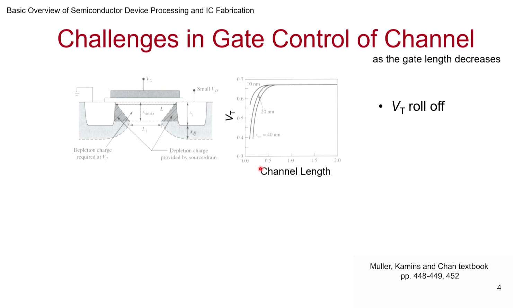So the classic short channel effect: if you look at the gate length, for longer gate lengths, the threshold voltage, which is shown on the y-axis, remains constant. It's impervious to the channel length. It's not affected by the channel length. You make it smaller, larger, a little bit. During processing, there'll always be variation, so it doesn't matter. But as the channel length goes down below 0.5 micron for sure, this is micrometer length, you'll find that the threshold voltage starts rolling off.